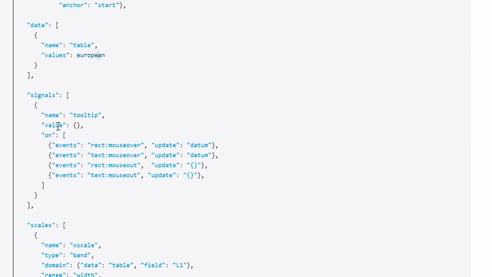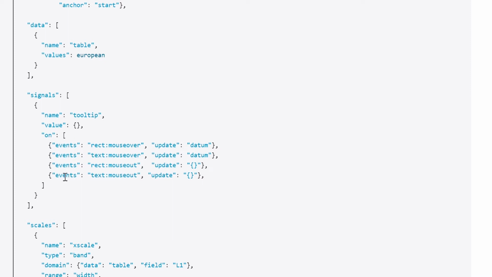just as last tutorial we did the selection, menu selection that let us change our word. This time we have a signal that has a name called Tooltip, because it's a tool that hovers over different elements in the plot, but we could have given it any name. This is just how we refer to it in the rest of the Vega specification. The initial value is just set to be empty, and then it has a property called on,